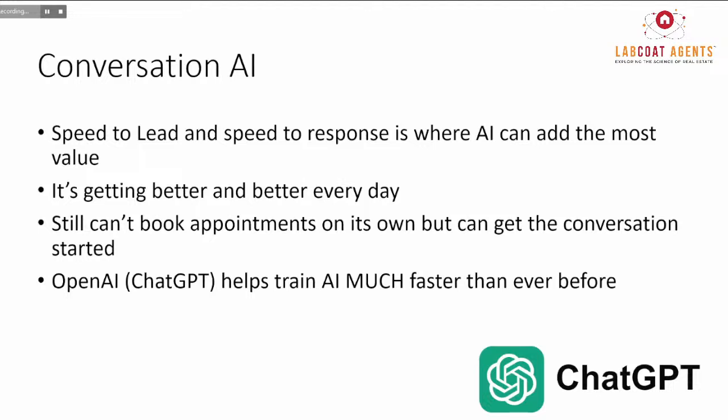This is where most CRMs, most systems, most agents are going to solve their speed to lead problem. A year ago, 2 years ago, I would have said the best way to solve this problem is with an ISA. Now I'm telling you, and I'm the ISA guy, this problem will be solved by chatbots and SMS bots and Facebook Messenger bots with AI, starting now, going forward,